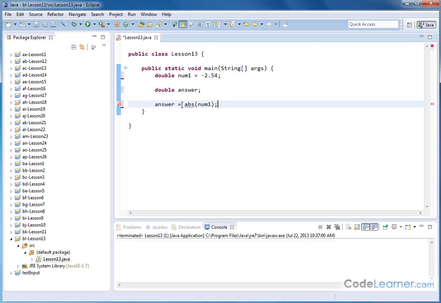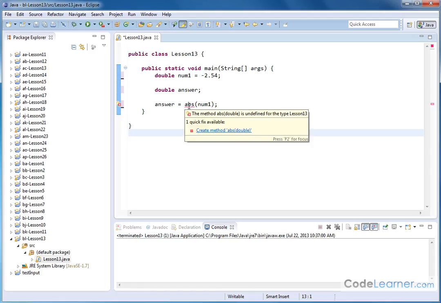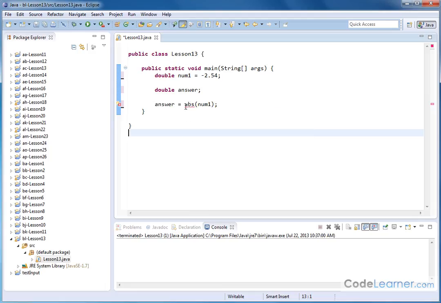You would think that would do it, but you see you have the red squiggly here. If you highlight over that, now we see that the absolute value function has a red squiggly under it when we write it this way. So if we hover over it, it'll tell you basically there's some kind of an error. It says the method is undefined for the type. It's basically a generic error saying it doesn't really understand what that is. Well, much like system.out.println, we need to